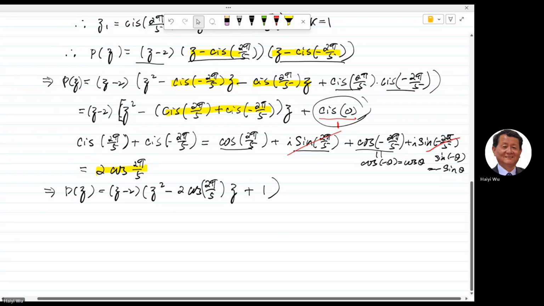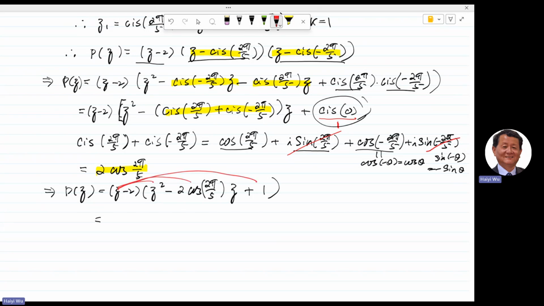We're still not quite, because we need to expand more brackets, because we need expanded form. We need A, B, C, so we're going to expand that. So let's do the order 1, 2, 3. Okay, Z to the power 3 minus 2 cosine 2 pi over 5 Z squared plus Z